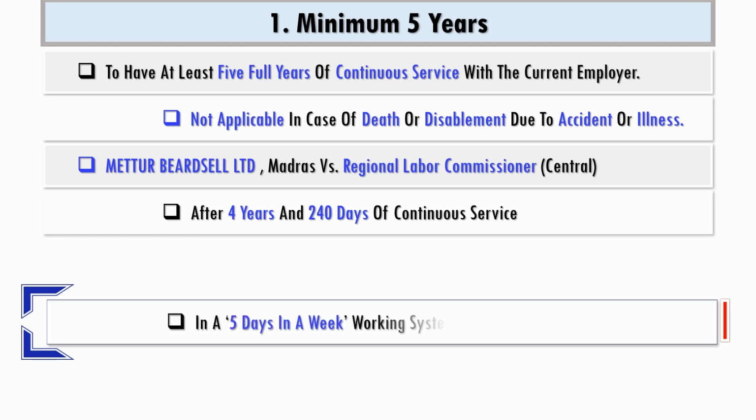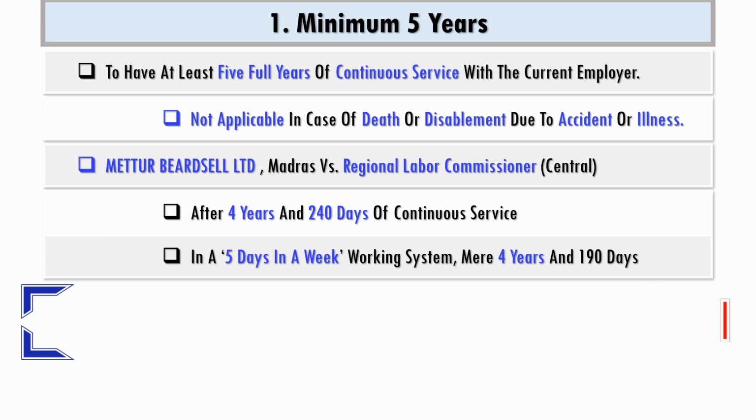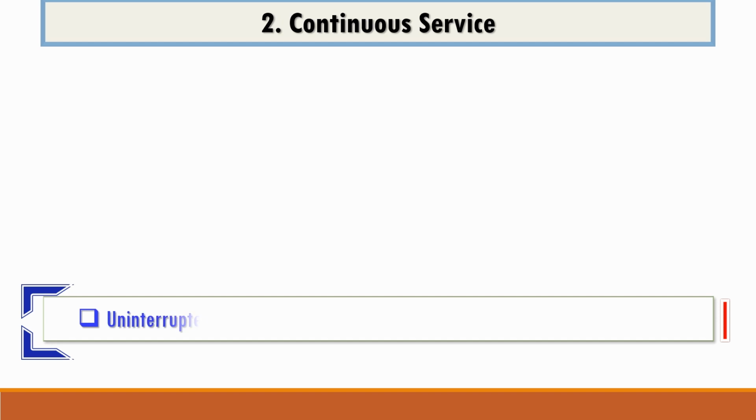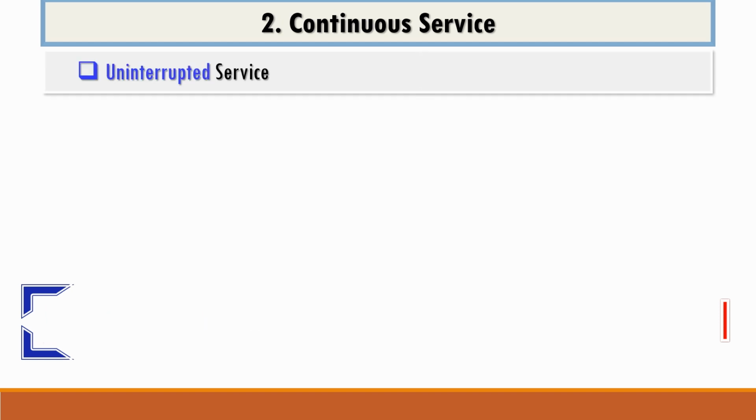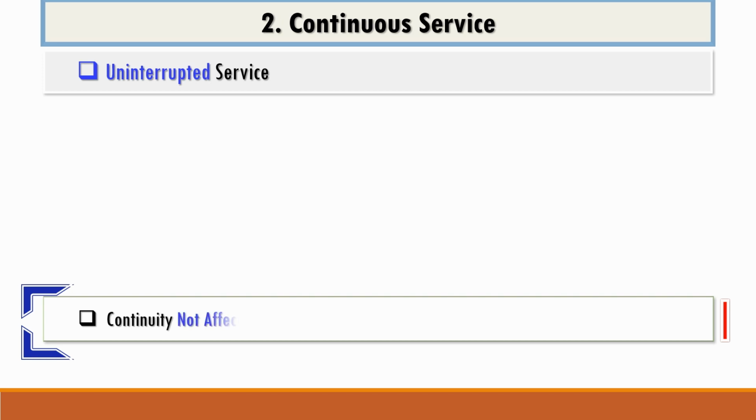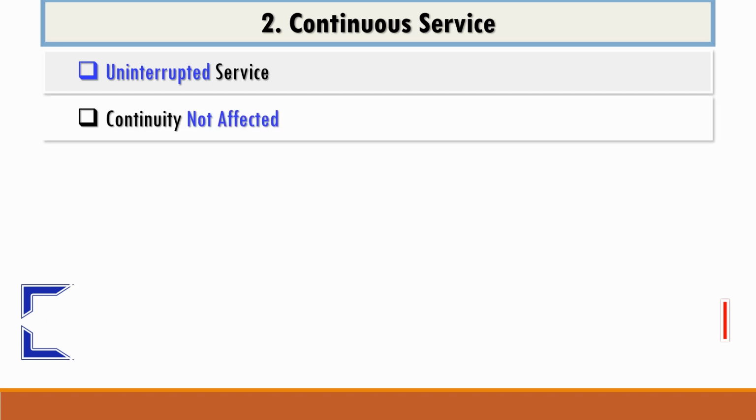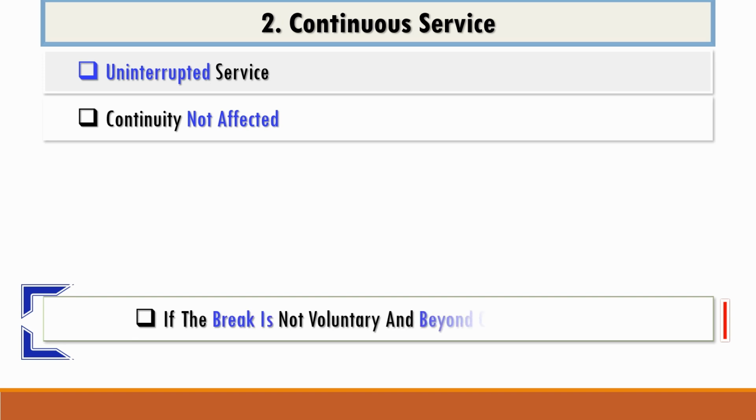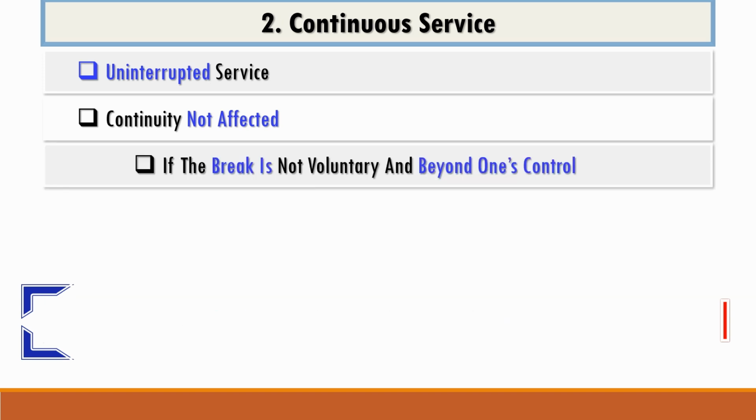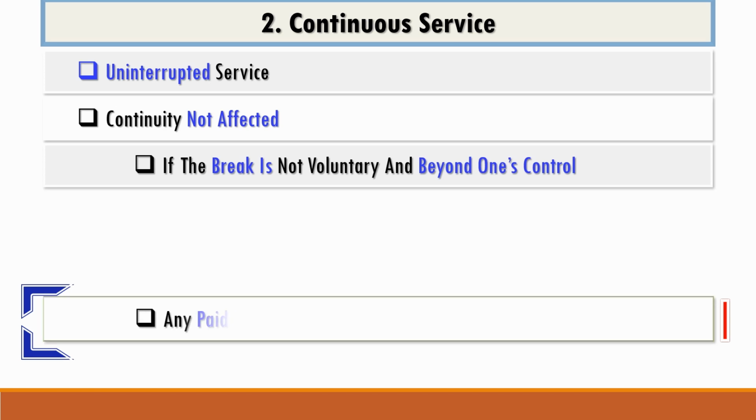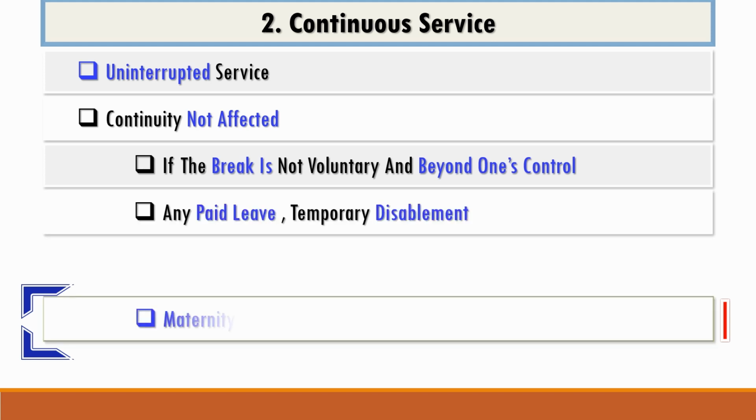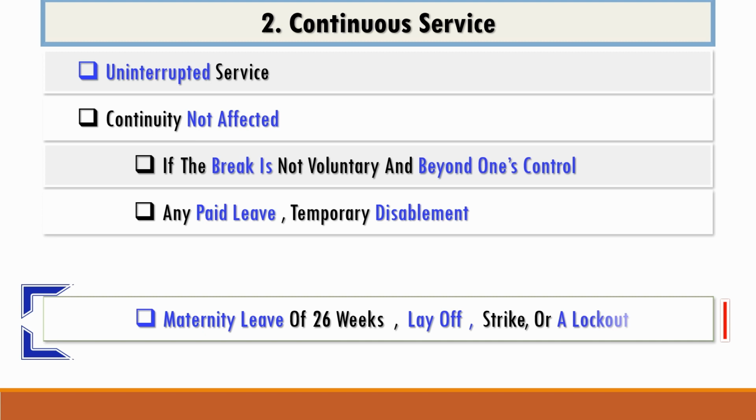And in the case of a 5 days in a week working system, it is stipulated that a mere 4 years and 190 days can be considered as compliance with the requisite continuous service. Continuous service implies service without interruptions. Continuity is assumed to have been not affected where the break is due to reasons beyond one's control, or the break is not voluntary, or the break comprises any paid leave, temporary disablement, maternity leave, layoff, strike, or a